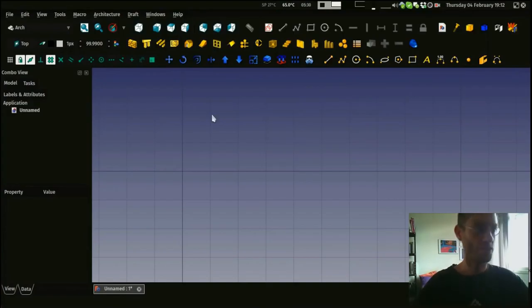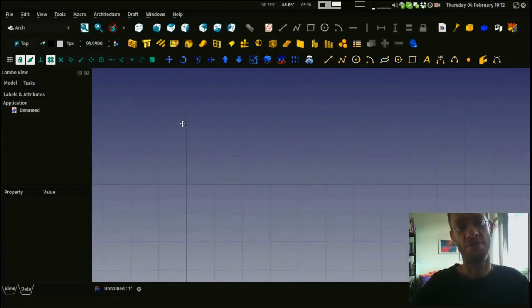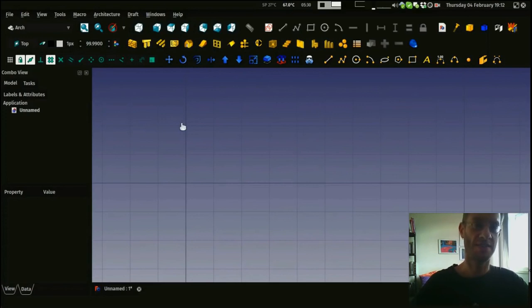So I will give you a short demonstration of the architecture workbench of FreeCAD. I'm myself an architect, so this is the workbench I've put most of my efforts on. The base concept of it basically is that it's made to take advantage of all the other tools of FreeCAD,